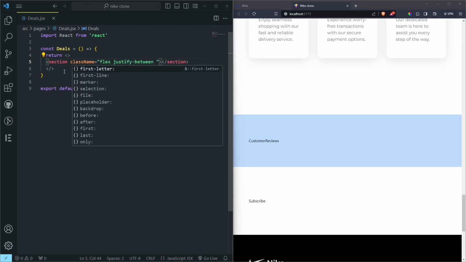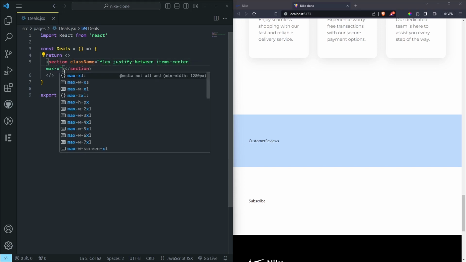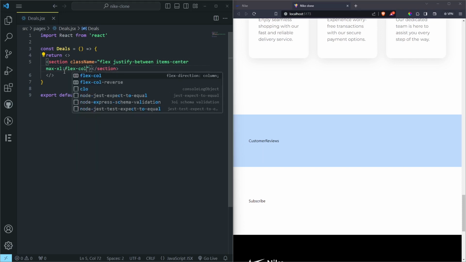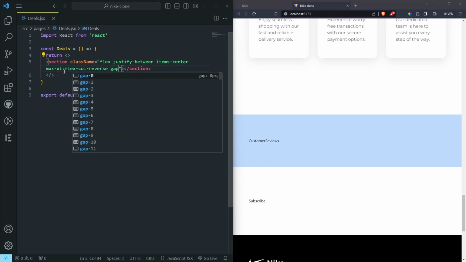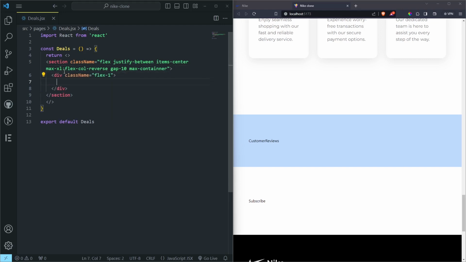We can also do items center, and then a max-w-xl, let's max-xl. We want to do a flex to be column, which is going to be reverse, a gap of 10, and then a max-container like that. Inside this section we can do a flex-1 div, and then inside here we want to have